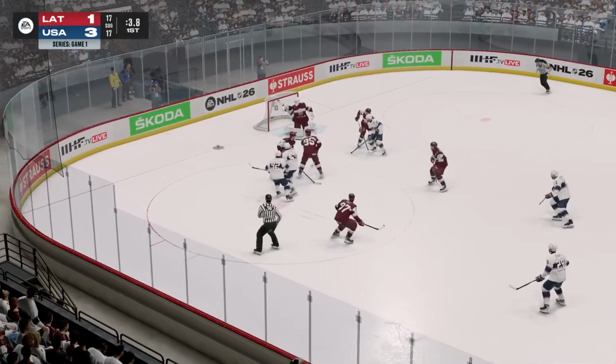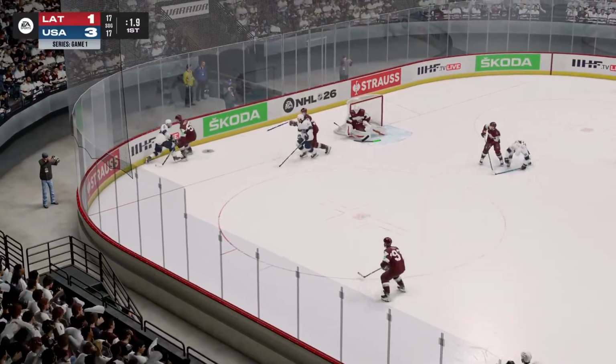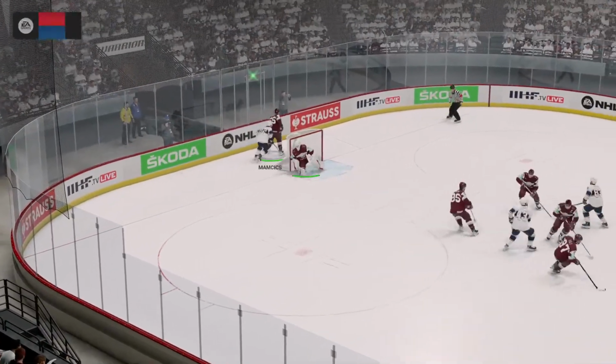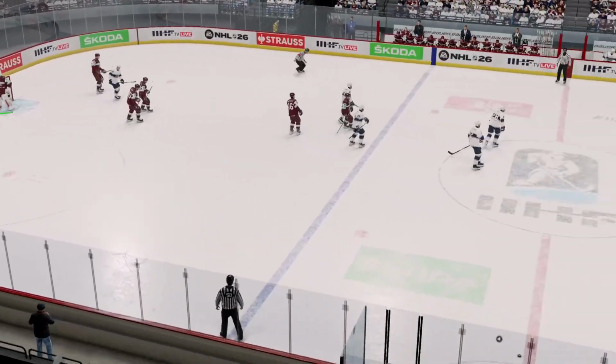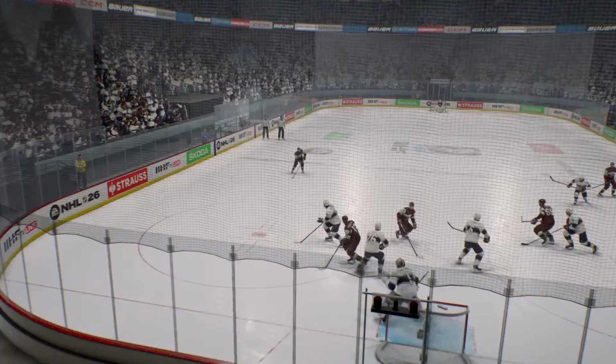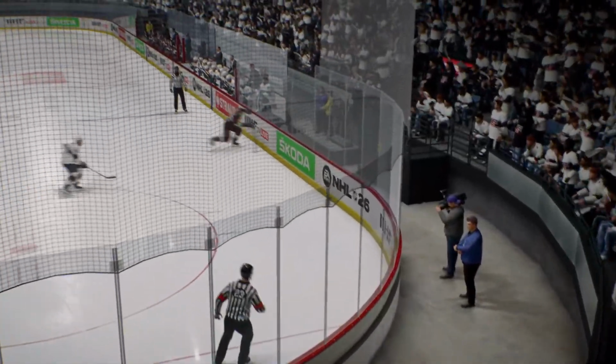Face-off control by the United States. This one, a blocker save by Gudlevskis. This one goes off the side of the net as time expires, and we have hit the end of an entertaining opening period of play here in the quarterfinal. Team USA with the lead. They lead 3-1 after one, and we head to the first intermission between Team Latvia and Team USA.